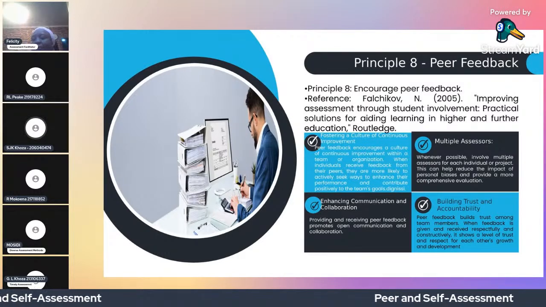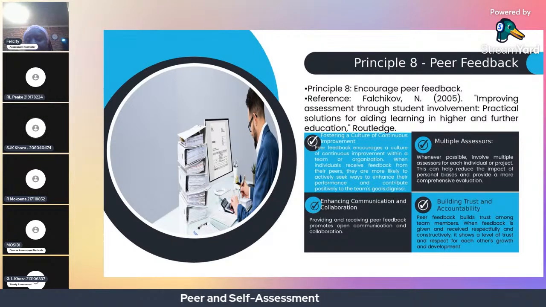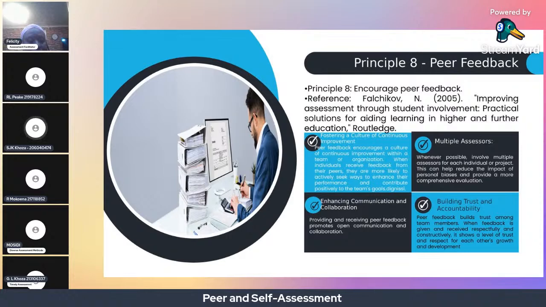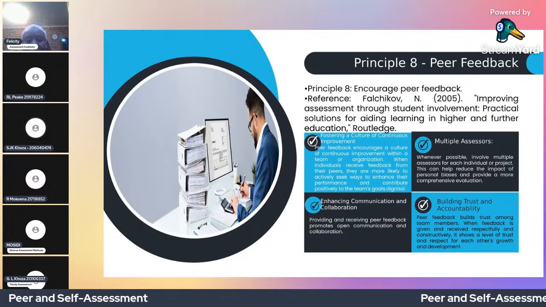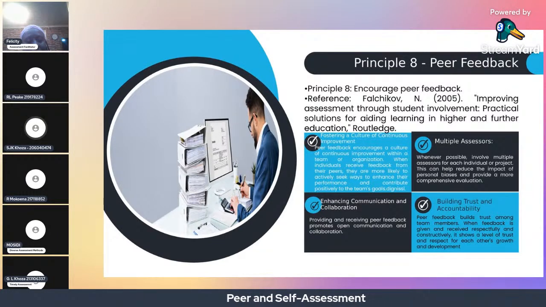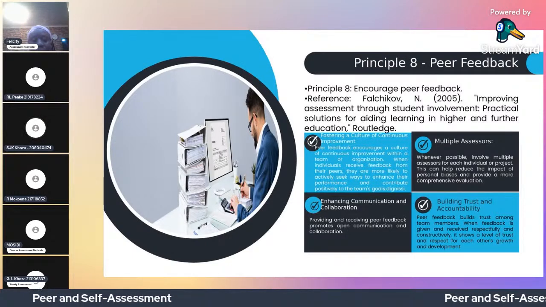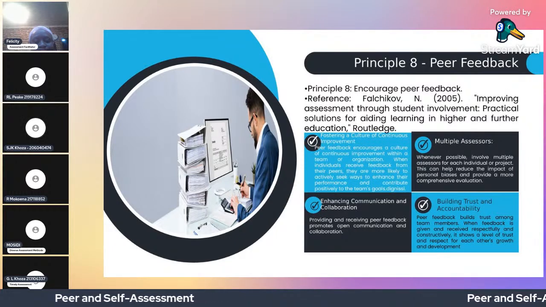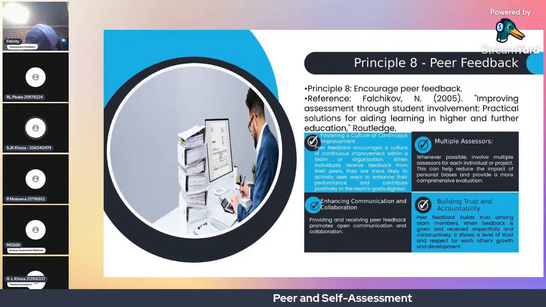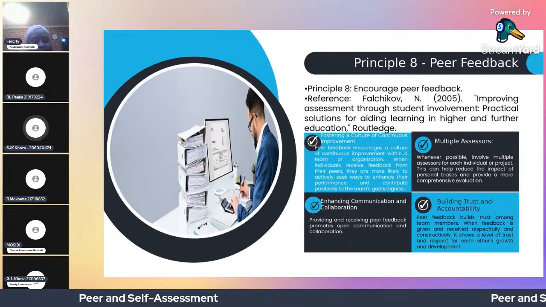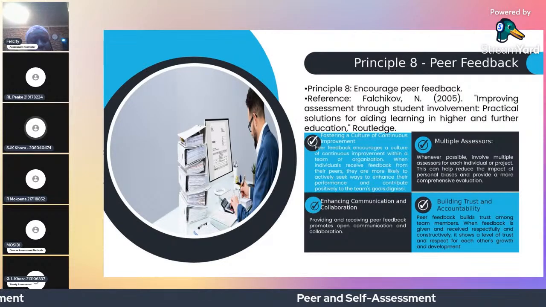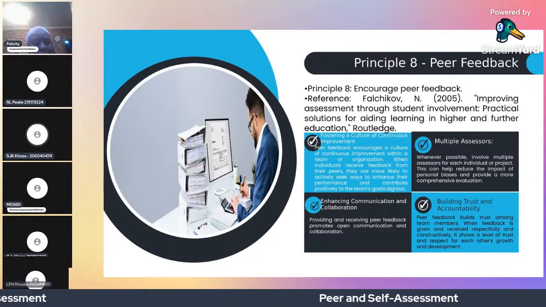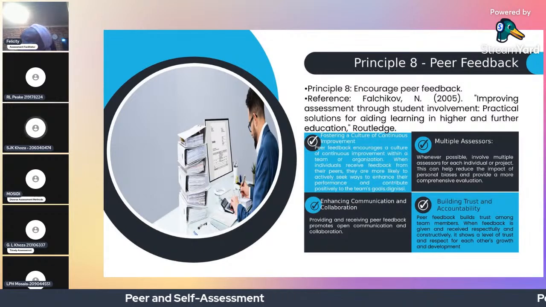Peer feedback is considered to be one of the valuable principles of good assessment in education for several reasons. It promotes active learning, whereby when students provide feedback to their peers, they engage critically with the material and the criteria for assessment, and this helps them better understand the subject matter. It also reduces the element of bias. For example, in a situation where the lecturer might not have a good relationship with a student, when you have other peers in the same classroom giving feedback regarding other people's work, different perspectives are being considered, which helps the process of assessment and reduces the risk of bias from the instructor